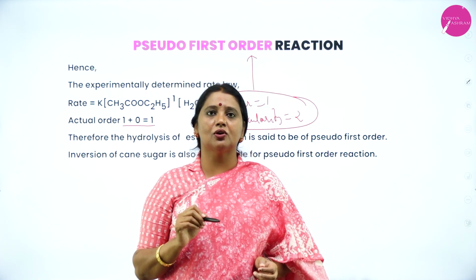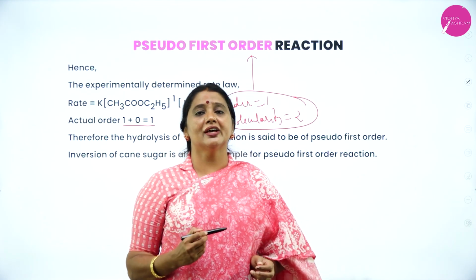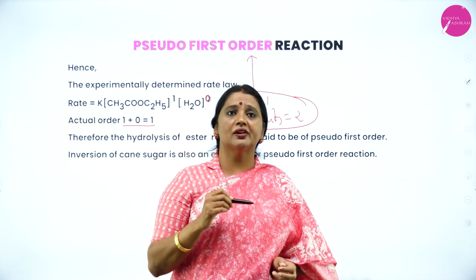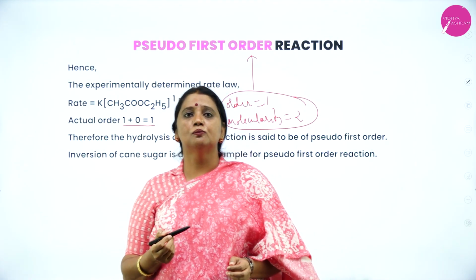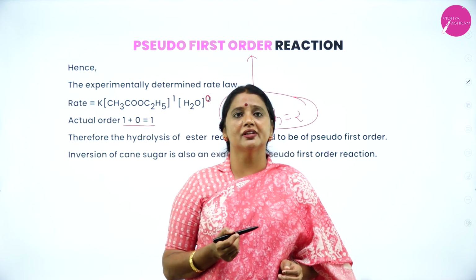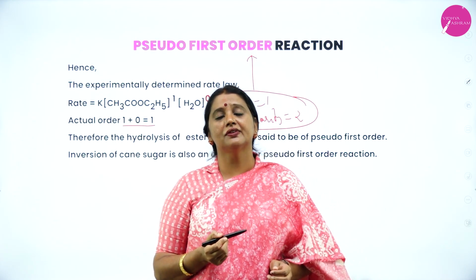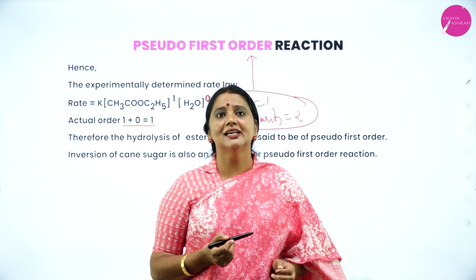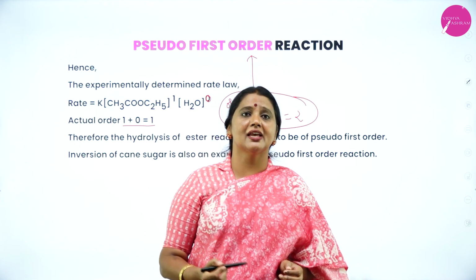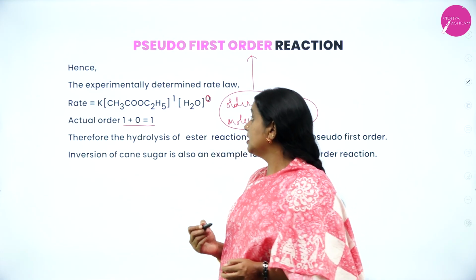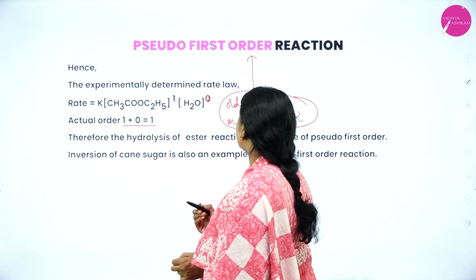Such reactions are called what? Pseudo first order reactions. What are pseudo first order reactions, my dear student? Whose order is 1, molecularity is 2 or more. Example for pseudo first order reaction: acid hydrolysis of ethyl acetate. In general, we can say acid hydrolysis of ester is an example for a pseudo first order reaction,